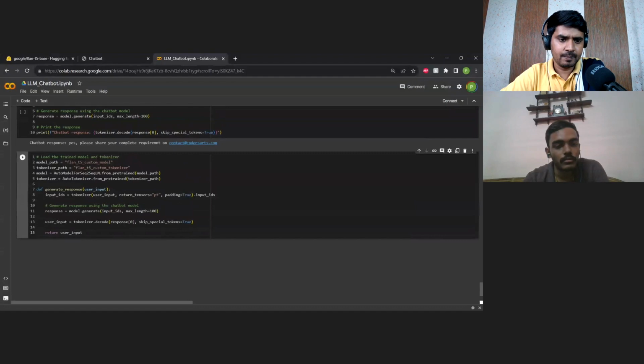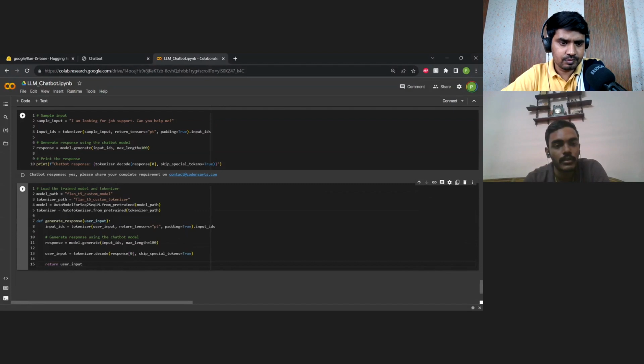So this is the basic set of code that was written on the Django part to basically get the input and produce the outputs. Again, it is very similar to this. It is just that we have to write a simple function for it to access that particular path and get that particular answer every time a user asks that question. So we have to just again define where the model path is located and the tokenizer path. Load both model and the tokenizer, then convert the user input into the input IDs,